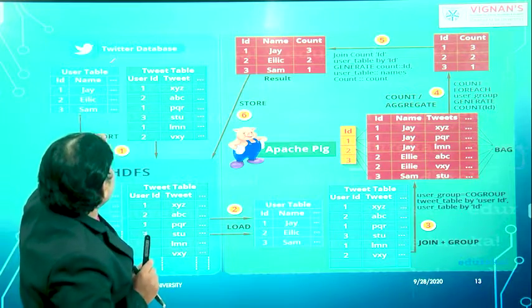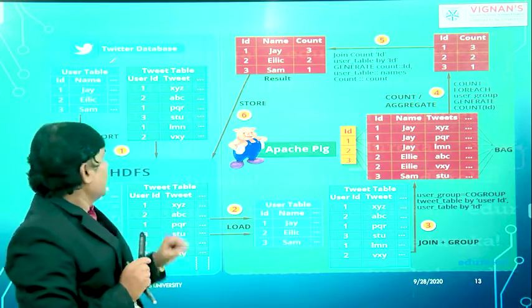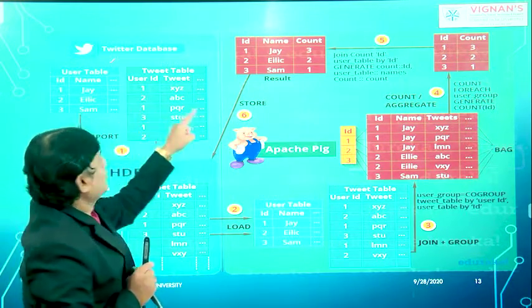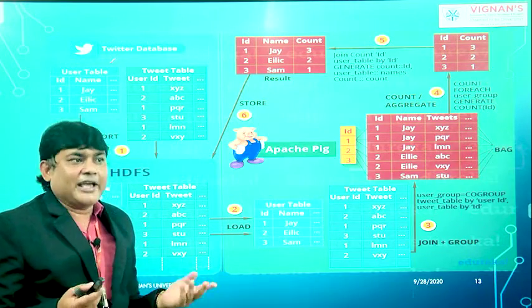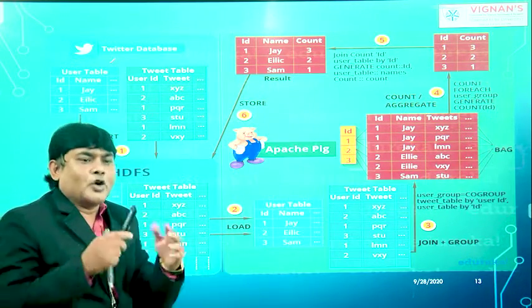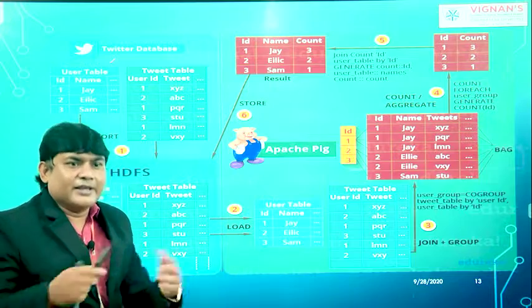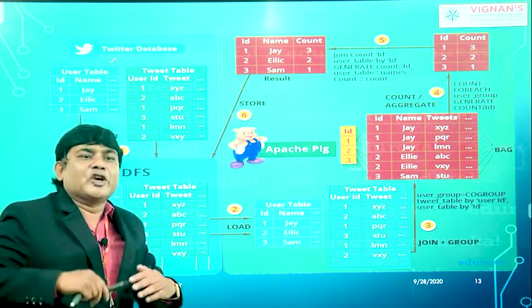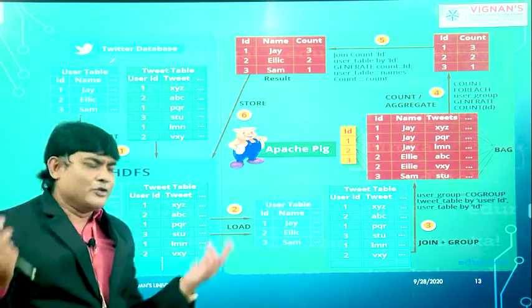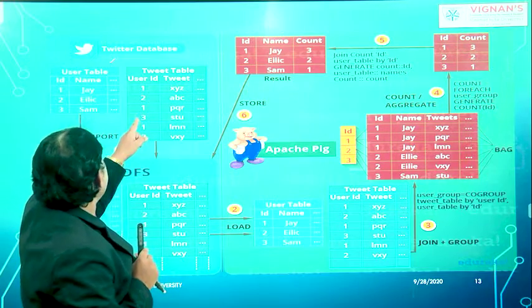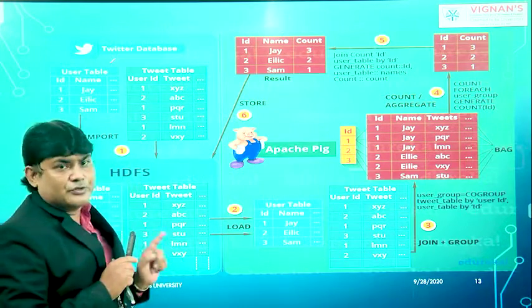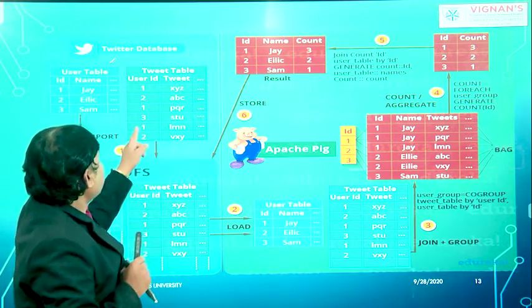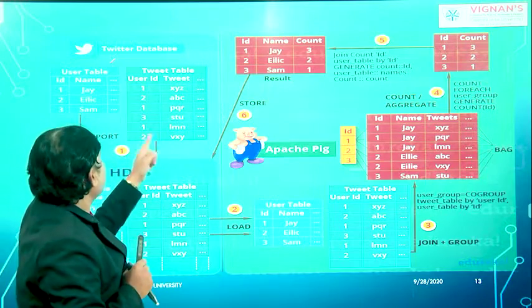The same user 2 has made some tweet ABC. One is making some tweet because I can make many tweets. I can comment on many posts. I can give my suggestion, my recommendation on many posts. So I'm making many tweets. So the ID 3 is making tweets on STU. This is the tweets. Again, ID 1 is making some tweets, and ID 2 is also making some tweets.